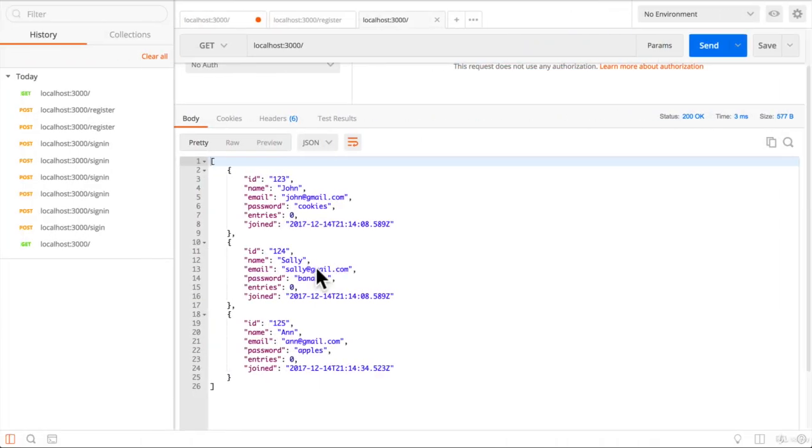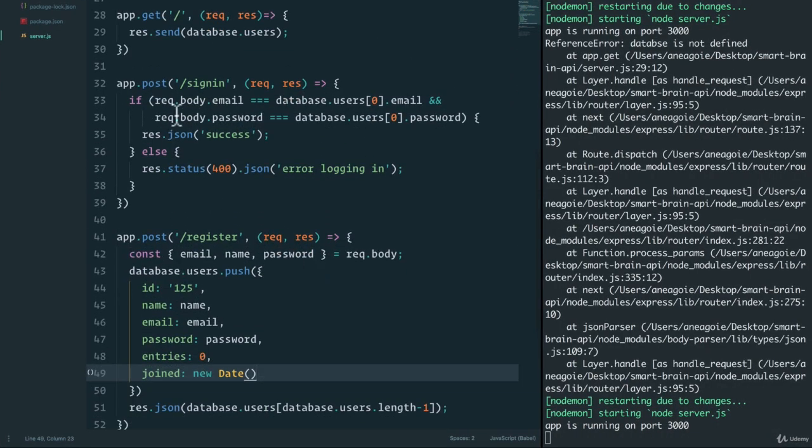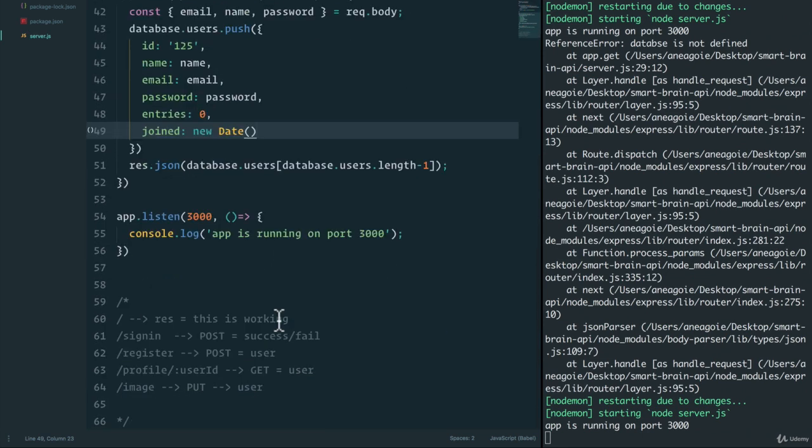All right. Well, things are looking good. There's definitely a few things that we can improve on here, but we just want to build the skeleton. We have 2 more endpoints left,